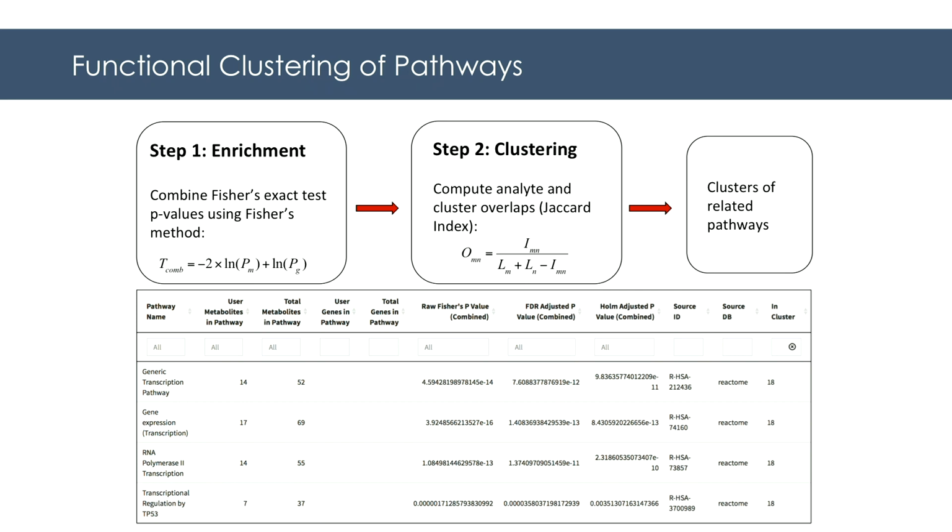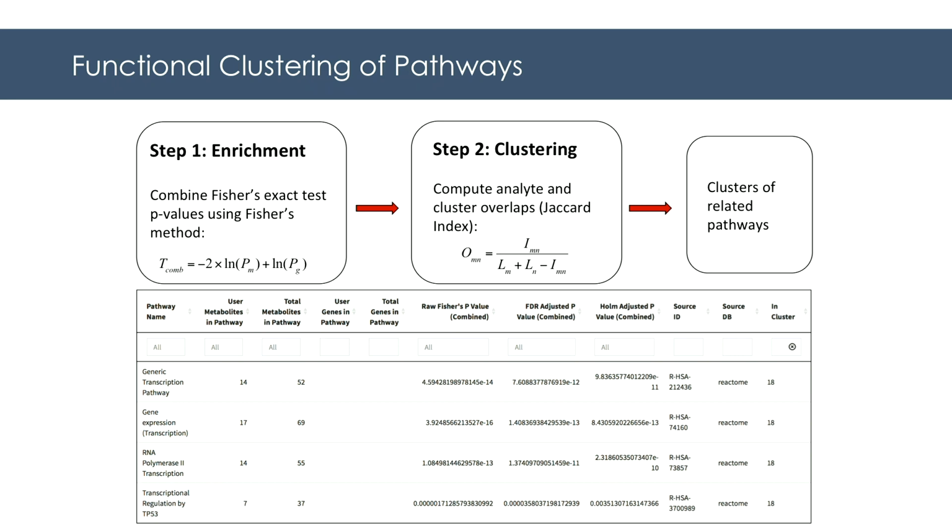And also we have a tool known as functional clustering. Even though with the pathway overrepresentation analysis, you'll get a list of enriched pathways based off your thresholds, we also use the Jaccard index to find overlaps. And the reason is a lot of the pathways contain overlapping information. And this is so for many reasons. One is you're grabbing pathways from so many different databases, from KEGG, Reactome, and WikiPathways. And so there's bound to be a lot of overlapping content. And furthermore, some of the pathways, especially in Reactome, are hierarchical in nature.